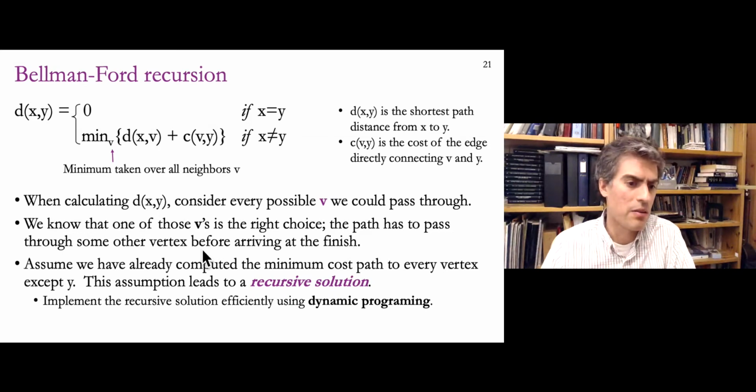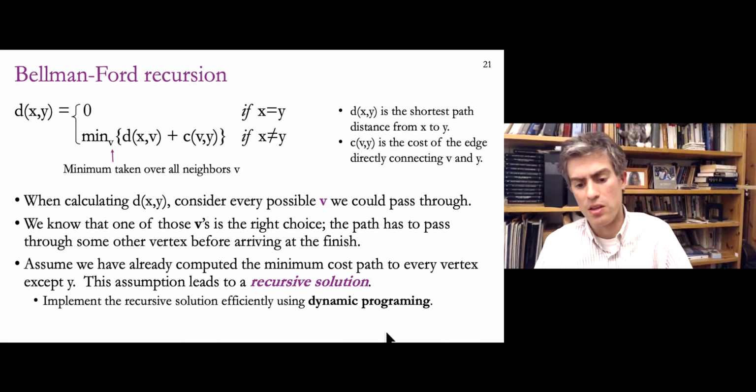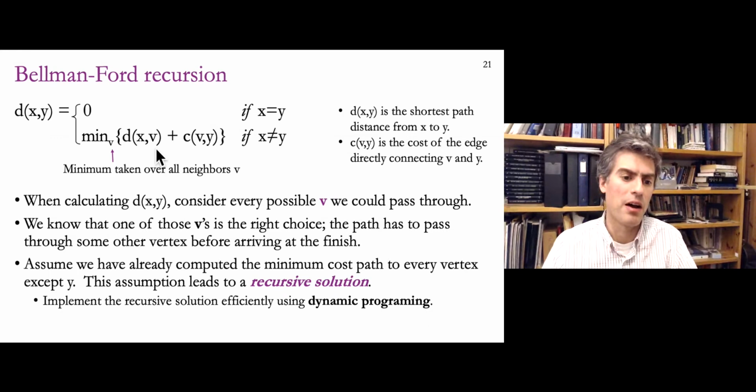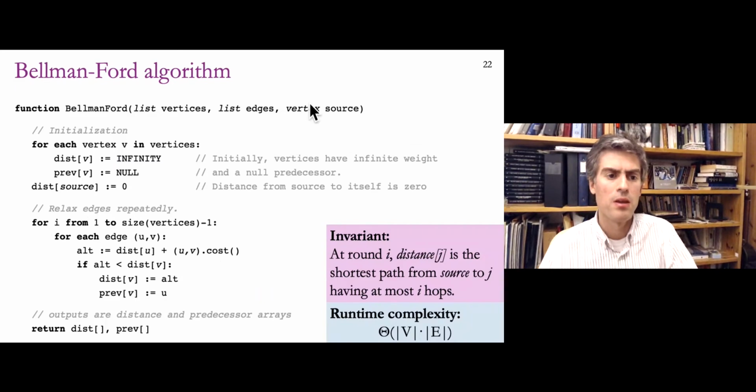So the algorithms we're going to look at are going to consider every possible V and implement this recursive solution using dynamic programming. To make use of this recursive formula, we have to start off with the base case and build up some distances that are short that we know to be correct, and gradually make them longer by adding additional steps. Okay. So the first way of doing that is called the Bellman-Ford algorithm,